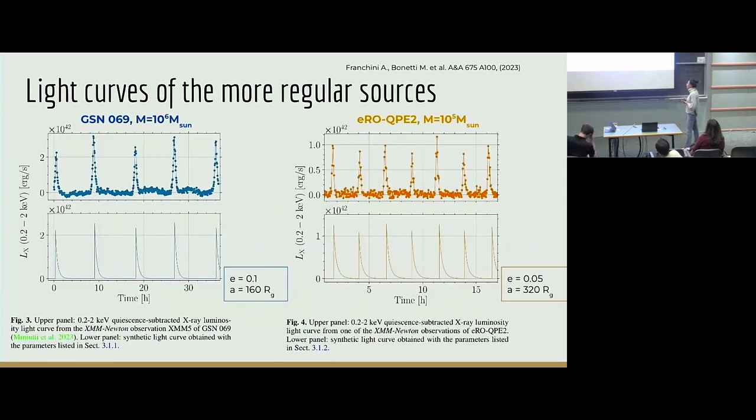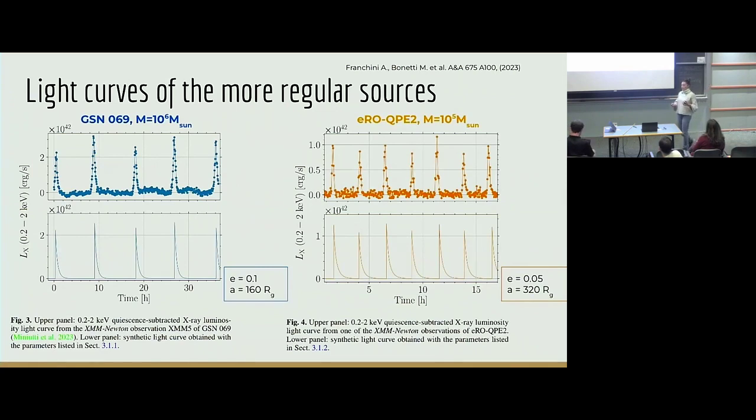So these are the results that we obtained with our model for the two regular sources, GSN and ERO2. The upper panels are the data that you've seen plenty of times today, and the lower panels are actually our calculations, so they're not fitted. It's just the results that we obtained plugging in these orbital parameters and essentially evolving the system